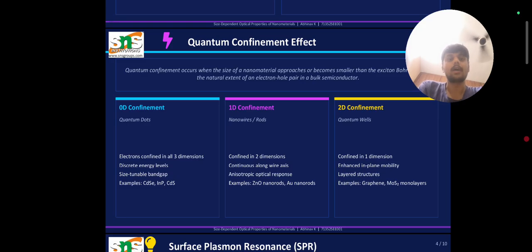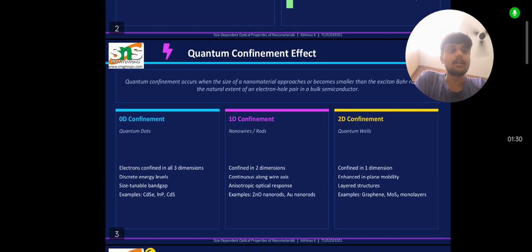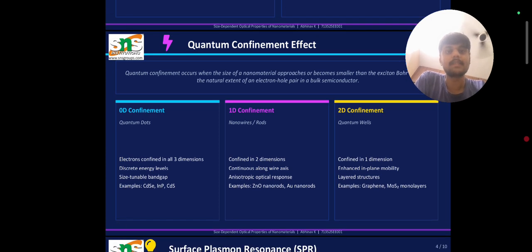Next, quantum confinement effect. Next we see the quantum confinement effect: 0D confinement, 1D confinement, 2D confinement. In 0D we can see electron confined in all three dimensions, with discrete energy levels, size tunable band gap. Example: cadmium selenide, indium phosphide, and silicon. Next, 1D confinement. Confined in two dimensions, continuous along the wire's axis,